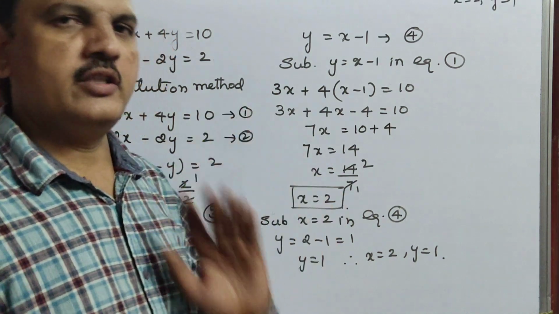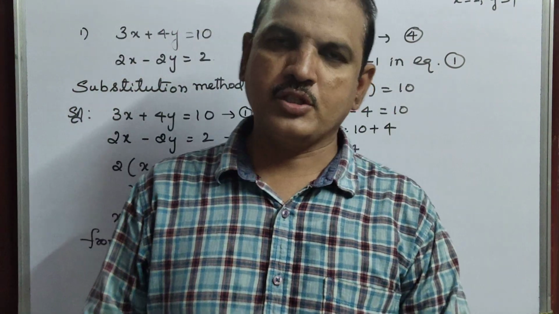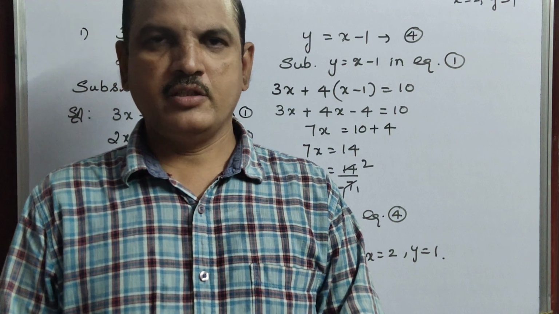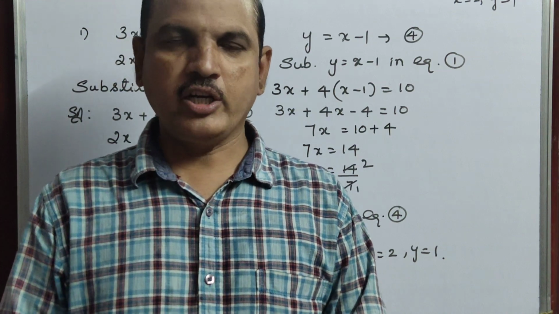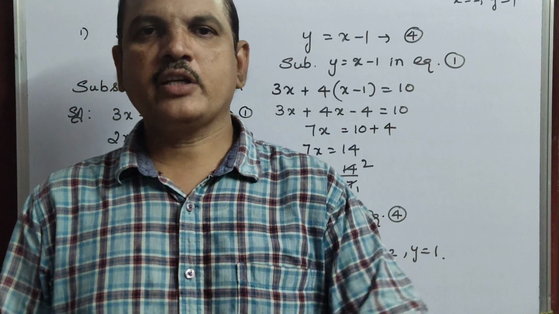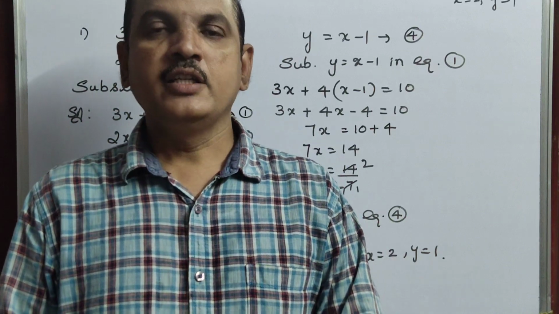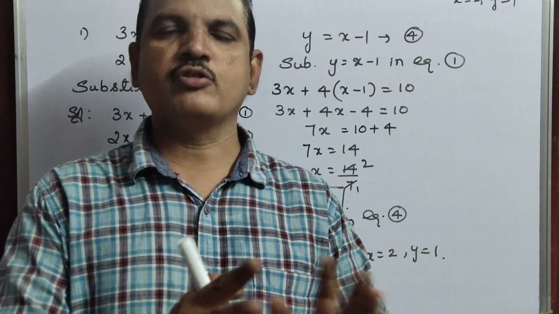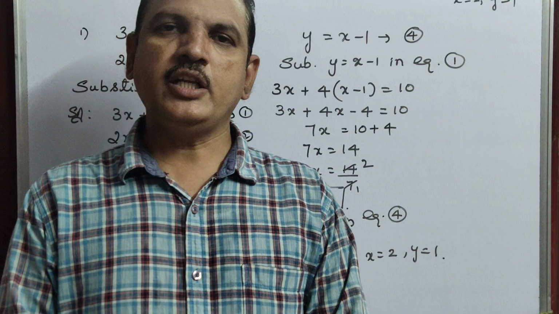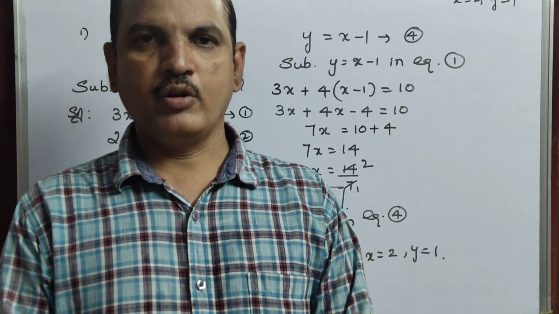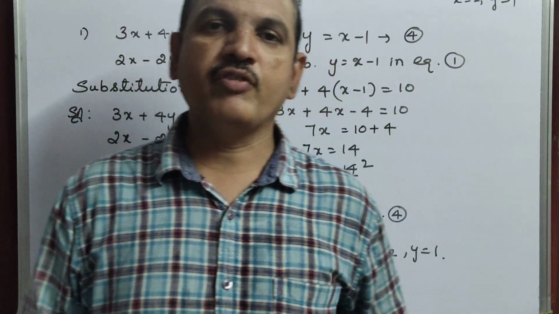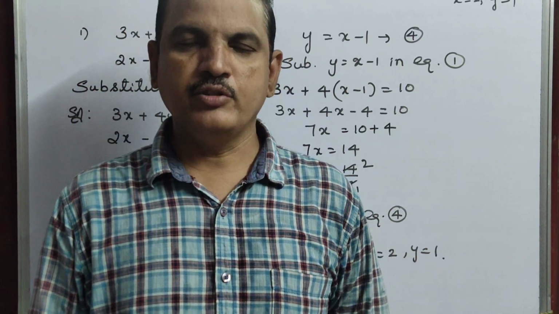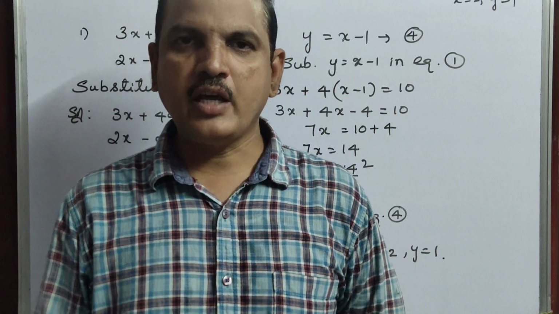Now, basing on this, elimination method or substitution method, whichever method you like, but preferably only elimination method because it is very easy to solve quickly. But it is your convenience, you can go with any method if they did not mention anything. If they mentioned only substitution method, you have to do only substitution method. If they mentioned elimination method, only elimination method you have to follow. If they did not give anything and ask to solve for the values of x and y, then whichever method is easy and convenient for you, you can go with that method.